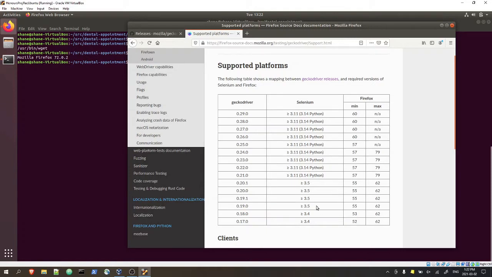So if your Firefox is an older one, you might need an older version of GeckoDriver. So in my case, I'm on 77.2. So the minimum you need for this version is 60, and there presently is no maximum. And you'll need a Selenium version greater than or equal to 3.11 or 3.14 in Python. So I think this 3.11 refers to the Java version and 3.14 refers to the Python version of Selenium. So we'll be installing the latest version of Selenium, and the latest version of GeckoDriver will work for my version